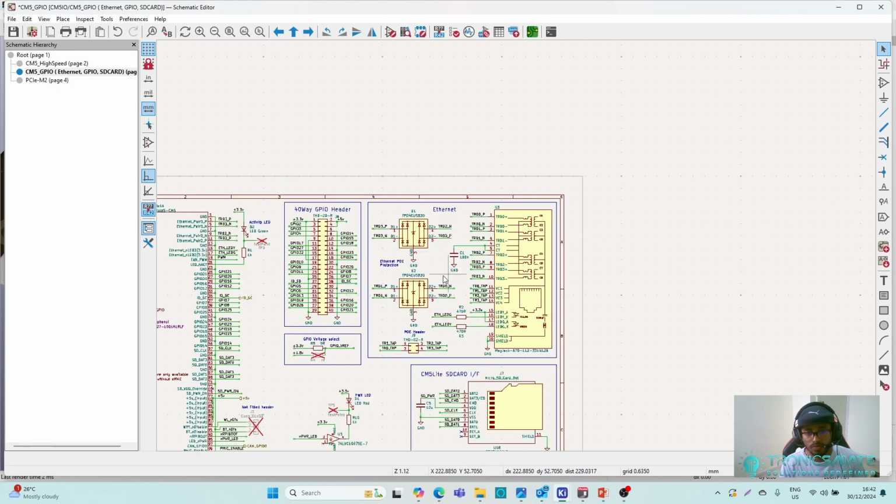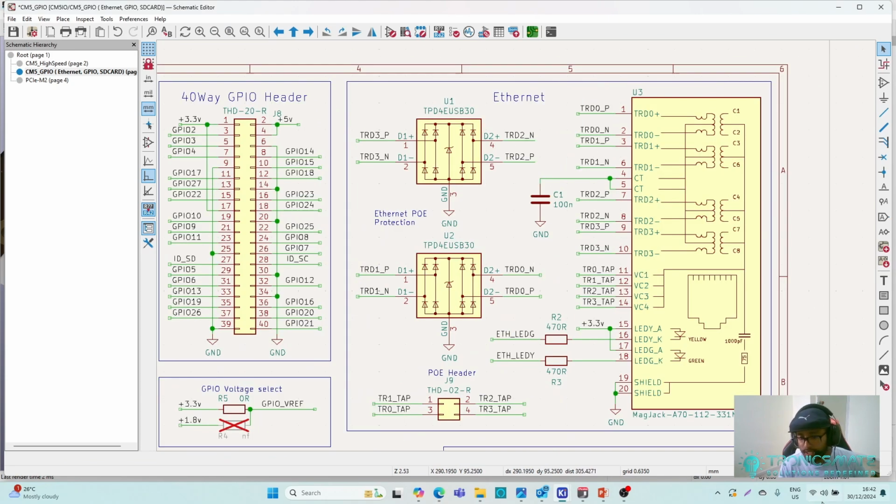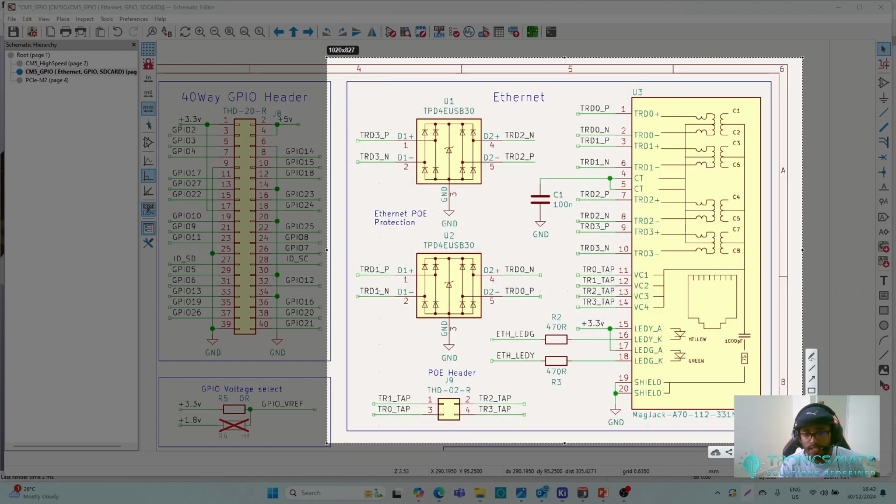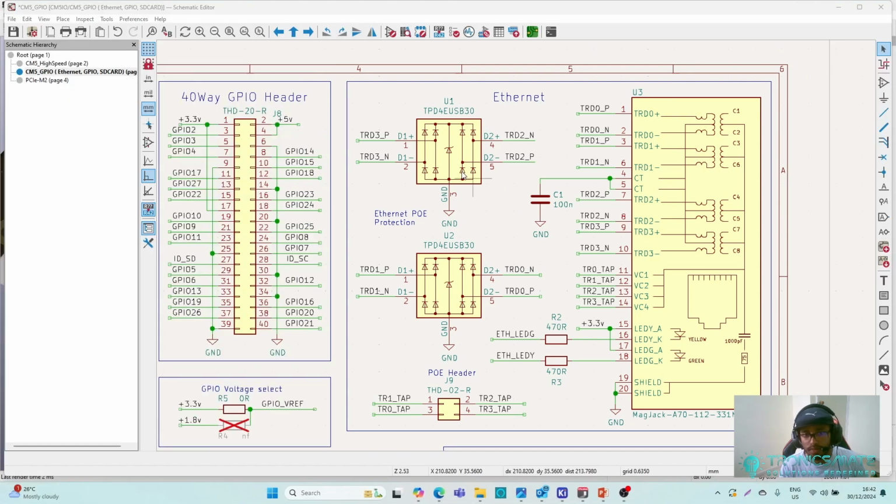Let's look at this circuit. In the Ethernet section we have the protection for the Ethernet signals here, and this is the power over Ethernet header. You know about power over Ethernet, right? We can get 5 volts using some kind of power over Ethernet modules,